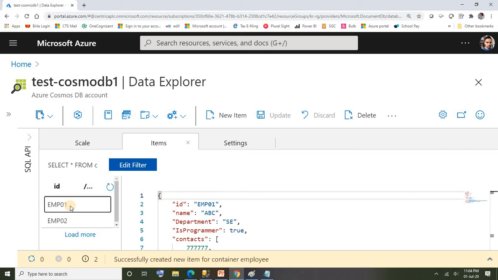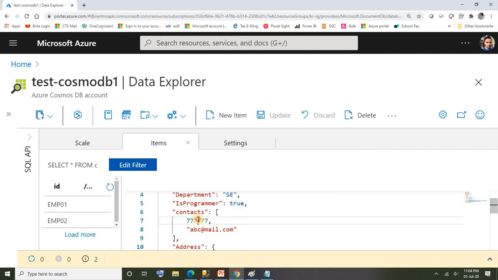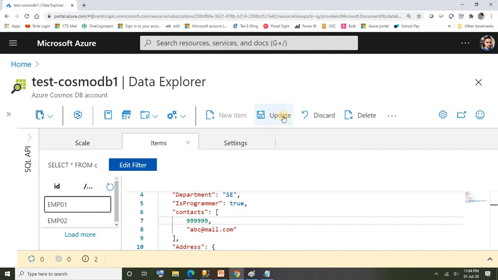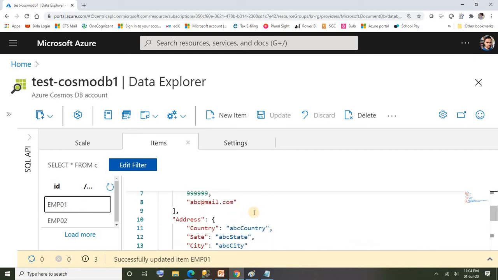So for example, I want to update mobile number for employee 01. Okay, currently it is 77, something. Now I'm gonna update this to 9. I selected that item, so I went to that field, just I updated. What I'm gonna do, I'm gonna just say update. So before it was save option, now as we are updating existing item, so the option you could see now is update. So let's go ahead and update it. Now if you go to employee 02 it's 888 and employee 01, it's 999. It's been updated. Alright, this is how we can update the data inside your item.